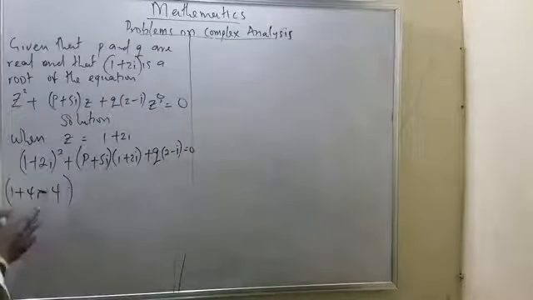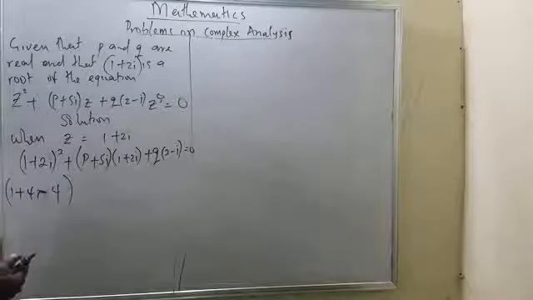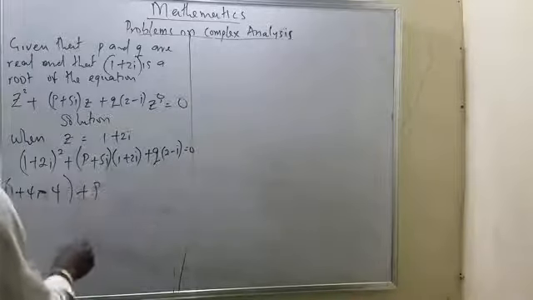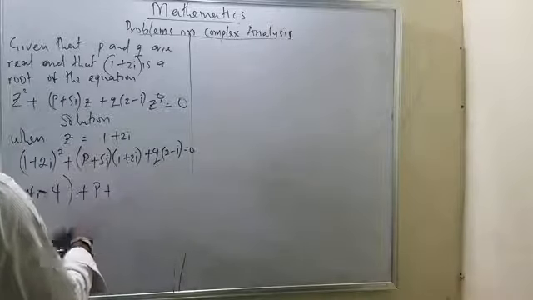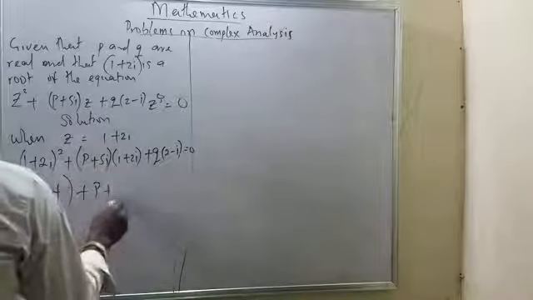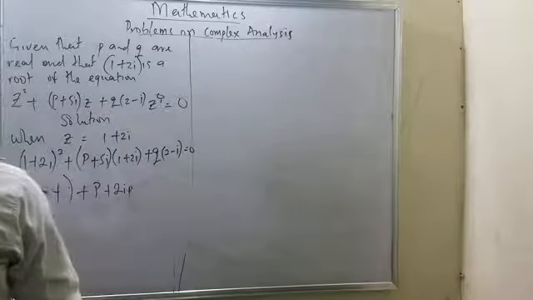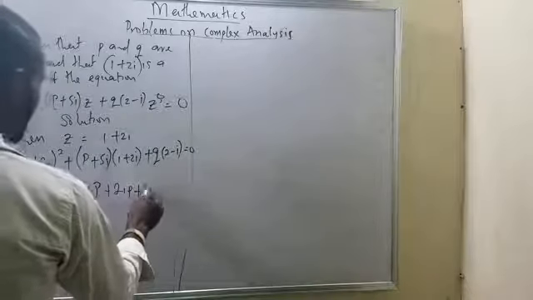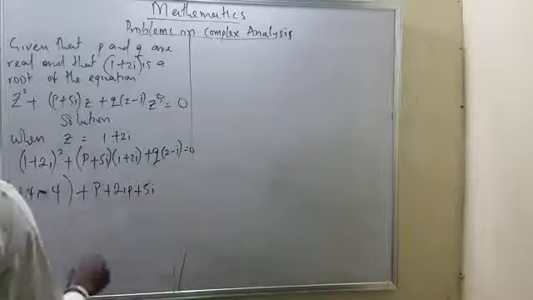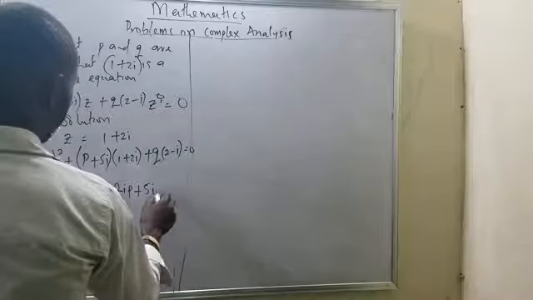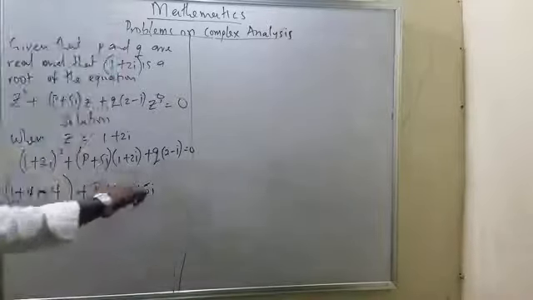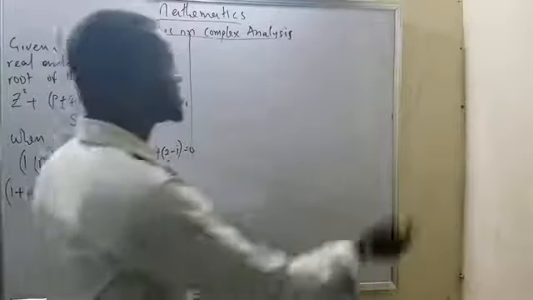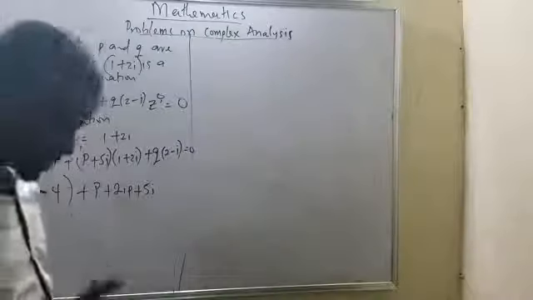Now it means I've successfully expanded what I'm having here, and also I can expand this by having p. I'll be having 2ip, and also what I'm having plus this is 1, not i. It means I'll be having 5i, and also we know that this is 10i times i. i times i is going to be what? i squared. And i squared, I've explained in our previous video that i squared is always equal to minus